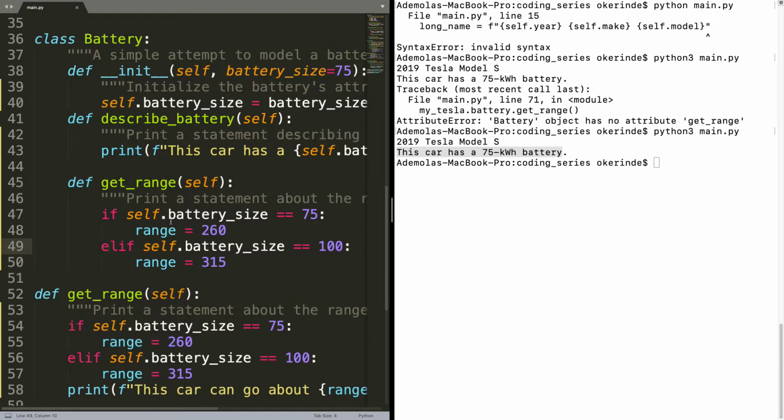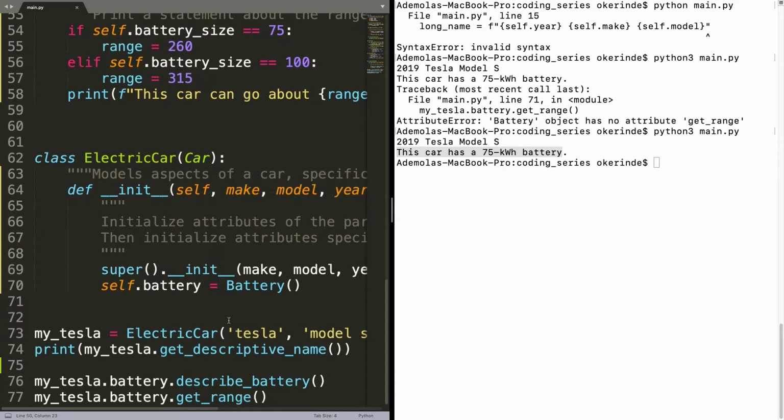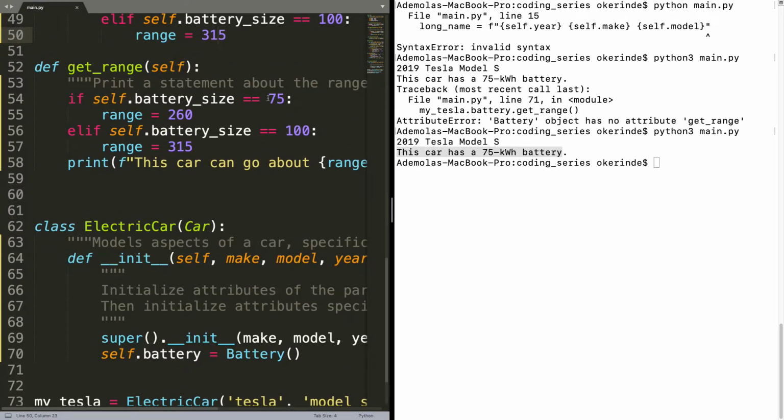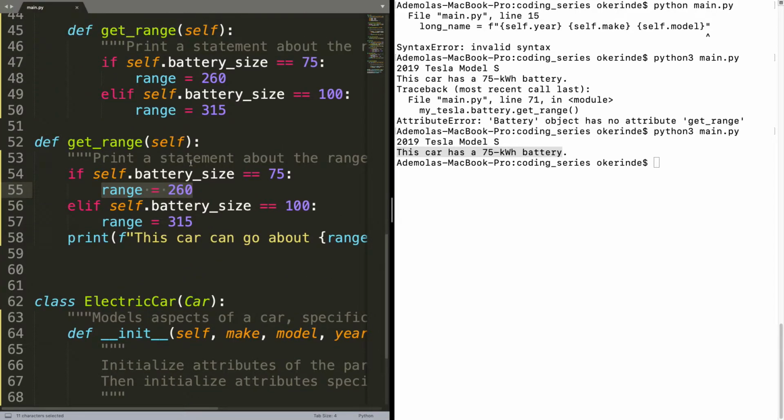It just says that if the battery is 75, it gives the range as 260, and if not, so if you want to access, so we're not really doing anything with this here. What get range is just doing is it will just assign the range to either 260,